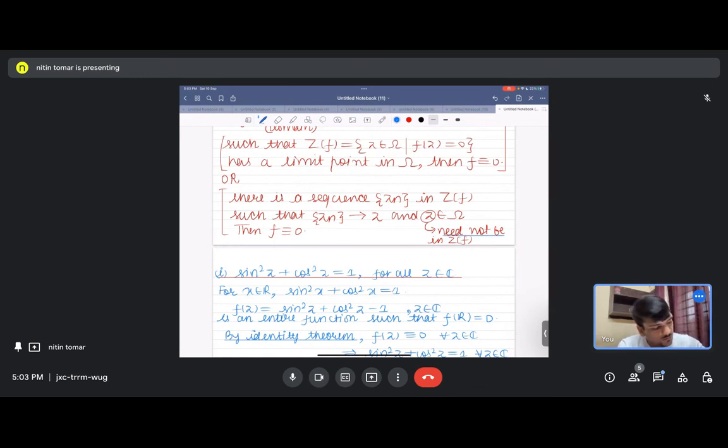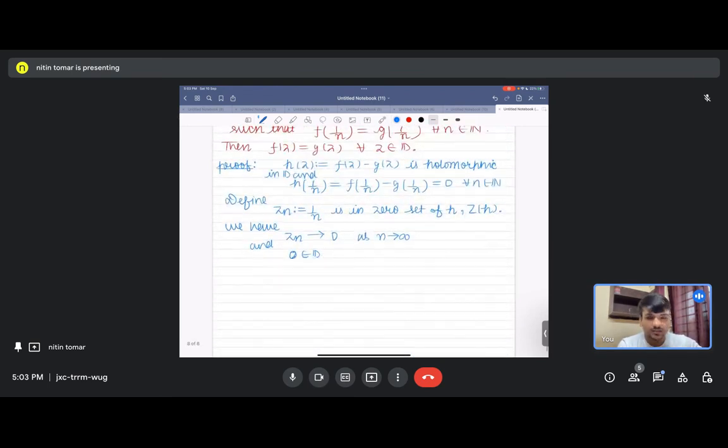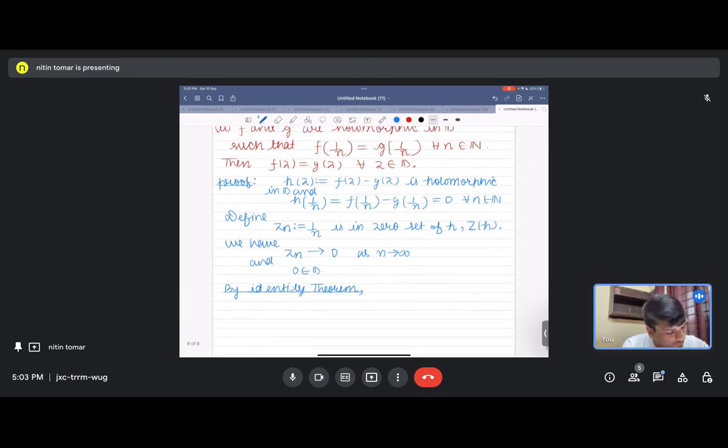So here in this question, 0 is in the domain, that is more than sufficient. Okay, so what can I say by the identity theorem quickly? Can I say that h is 0? Yes, it is zero. So what does it mean h is 0? It means f is equal to g on